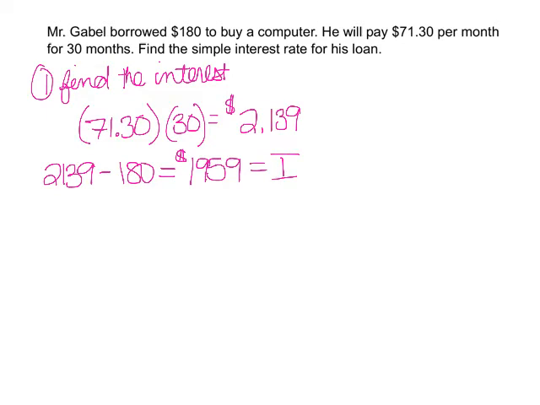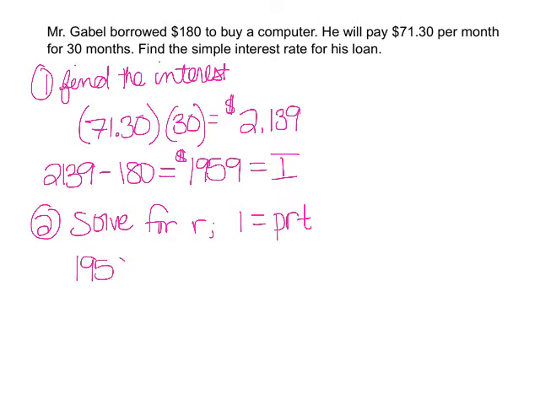So the next thing I need to do is solve for R using that interest equals the principal times the rate times the time. So I'm just going to substitute what I know in. So I equals 1,959 equals the principal of 180. I don't know what the rate is. And the time, remember, always is in years. And 30 months equals 2.5 years. So 180 times 2.5